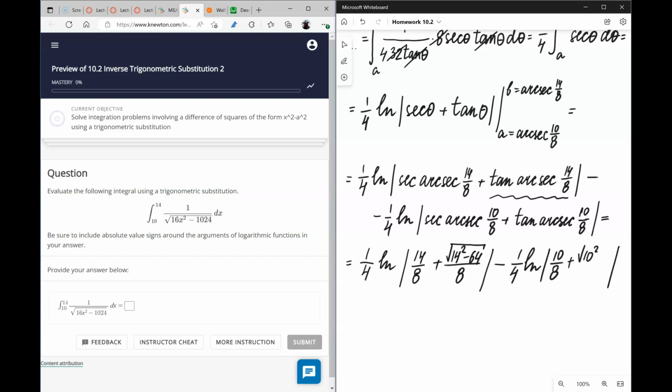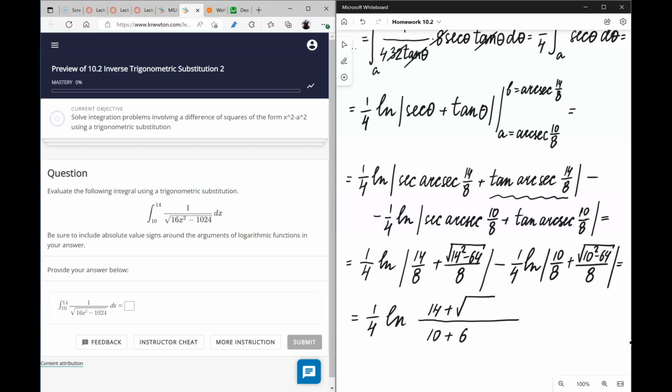So square root of 10 squared minus 64 over 8. Now we can simplify this expression by combining the natural logs, and because everything is positive, we have 14 plus, we don't need the absolute value when everything is positive, and here in the denominator we have 10 plus, 10 squared is 100, 100 minus 64 is 36, so we have 10 plus 6, and in